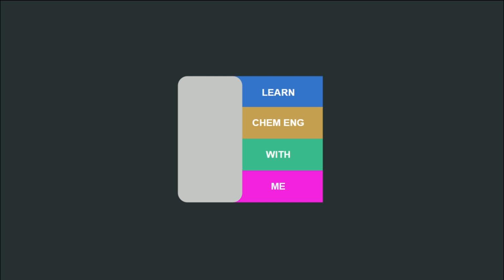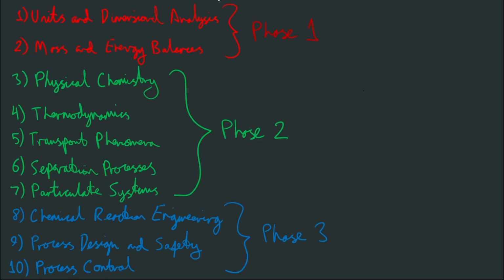And again, this might change, but I just wanted to have a basis for this channel before we dive into any actual videos. So the units for this channel will be split up into 3 different phases. Phase 1 is made up of the first topic, units and dimensional analysis, and the second topic, mass and energy balances. Now with the first topic, it will be quick, and it's just about how chemical engineers use units in certain ways, because we have to be sure that we have the right units before we finalize any measurements, because the difference between units can cause lots of destruction if they're not handled properly and carefully.